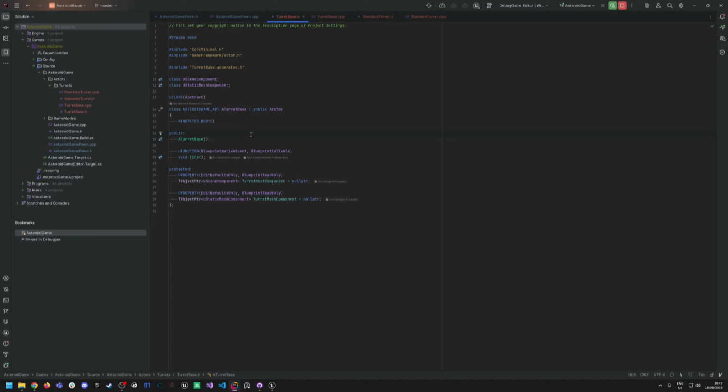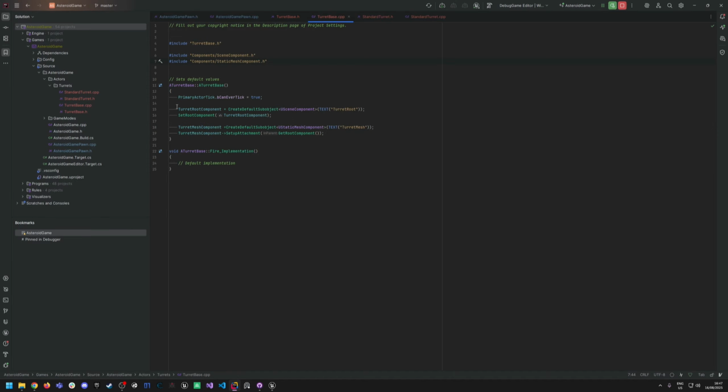This class also defines two member variables, one for the turret rotation component and one for the turret mesh component. In the constructor, these components are created and attached to the actor. An important detail is that every function marked as a Blueprint native event must also have a corresponding _implementation function, such as fire_implementation, because the Unreal Reflection system looks for that naming pattern when binding the actual